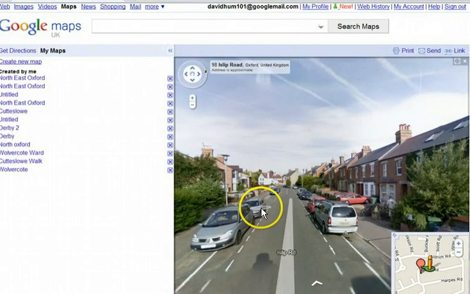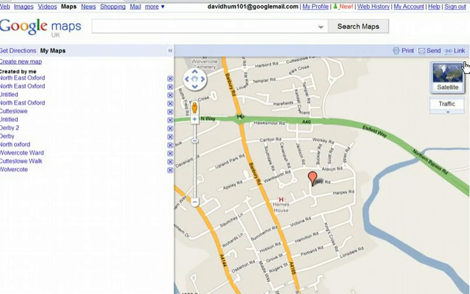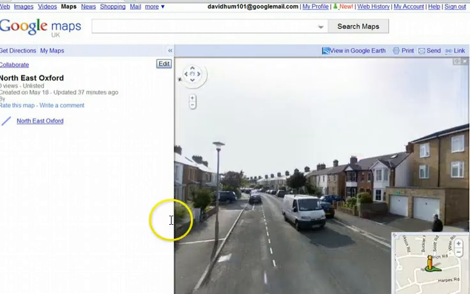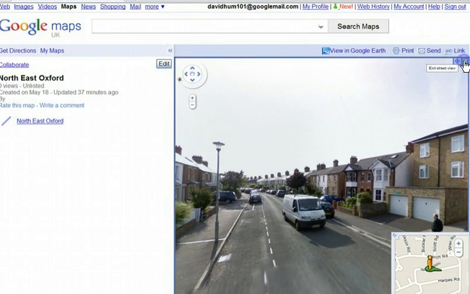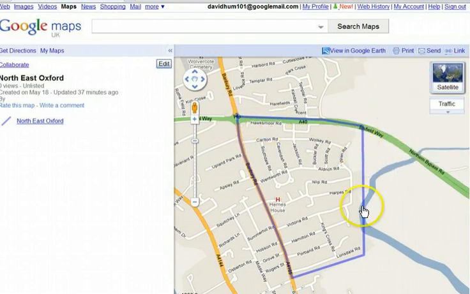To go back to the map, you simply come up here and click on this X to exit the street view. As you can see, the little label. Click on that, it takes you back to the map that you've drawn. Just look at the boundary again. To get back to the map from Street View, just come up here and click on the X to exit Street View. And that brings you back to the map, and once again you can see the neighborhood that we have drawn